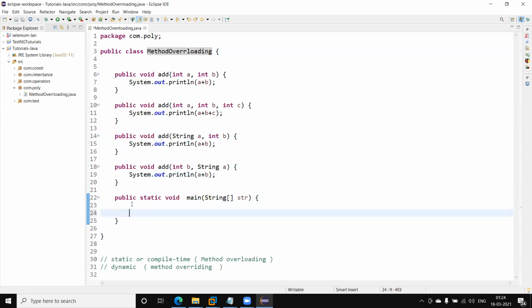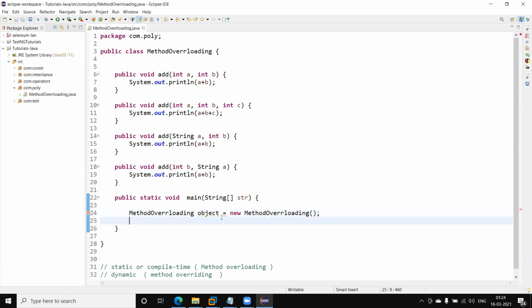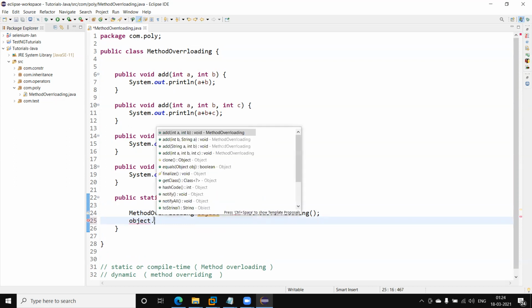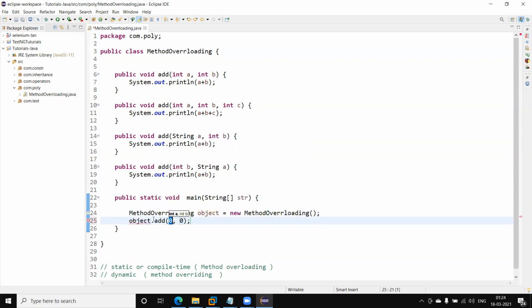Let me show how we call the method. I created an object of the class. If I call the method add and pass two numbers, then this will call the first method.